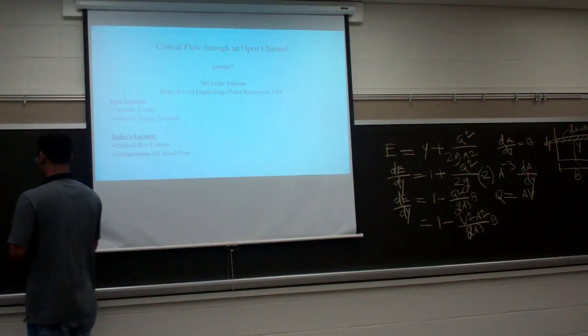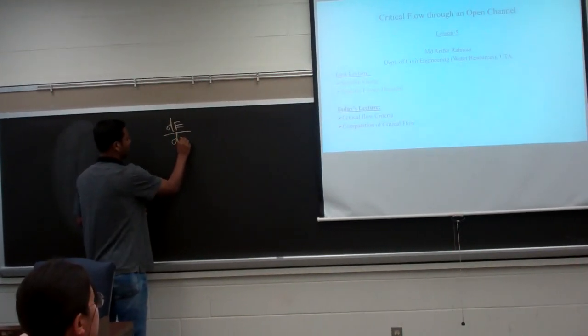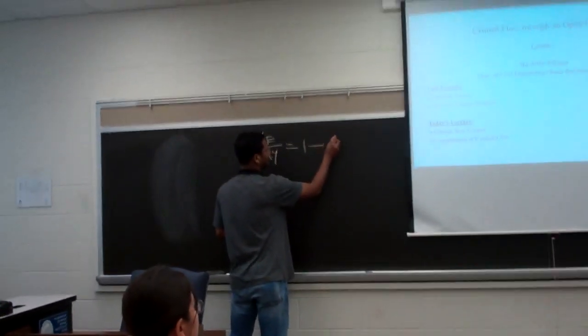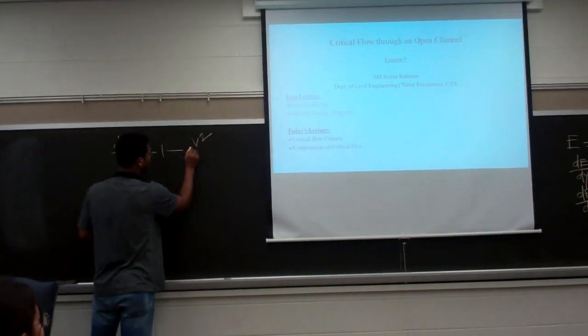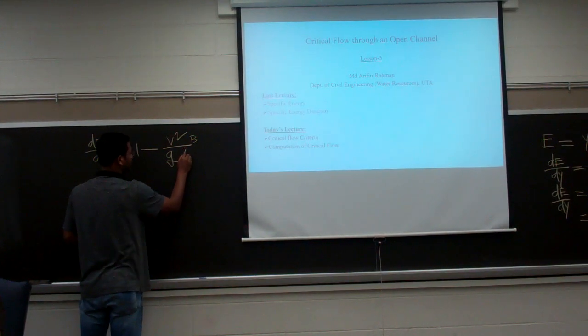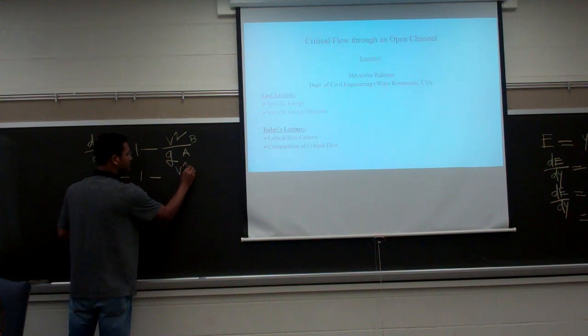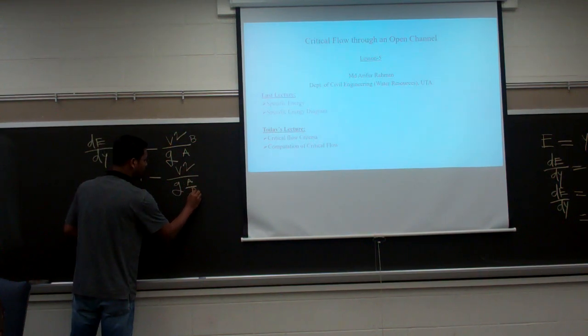What I will have here, it will be dE/dy is equal to 1 minus V squared divided by g, and B is here and A will be here, right? So I can just rearrange this way, V squared divided by g and A divided by B,